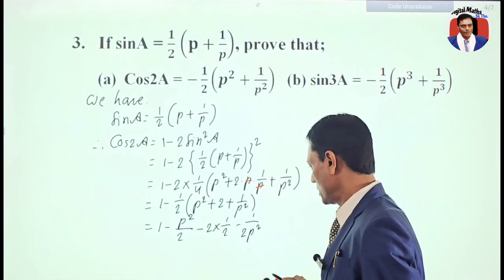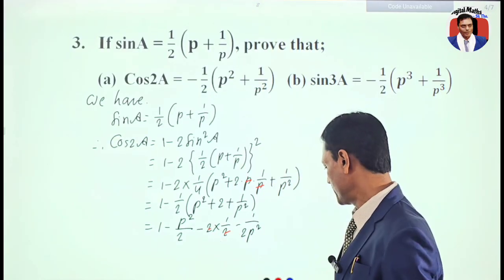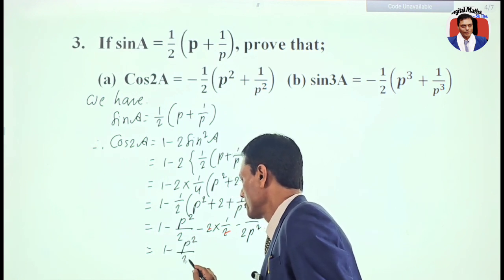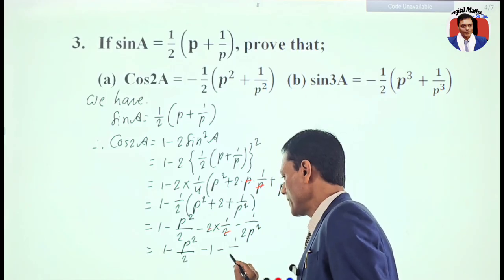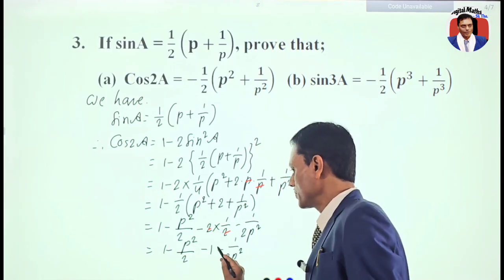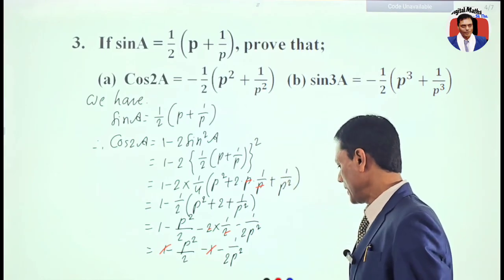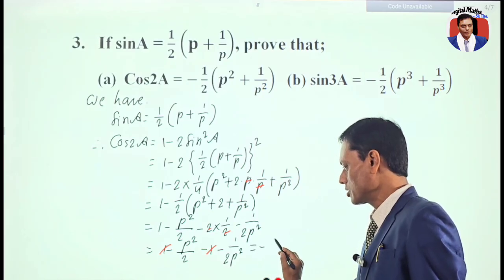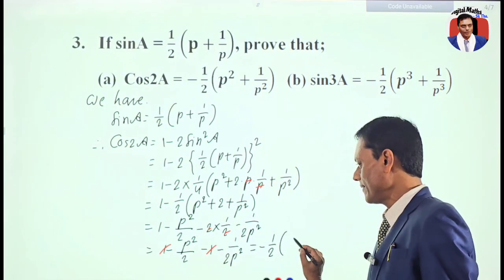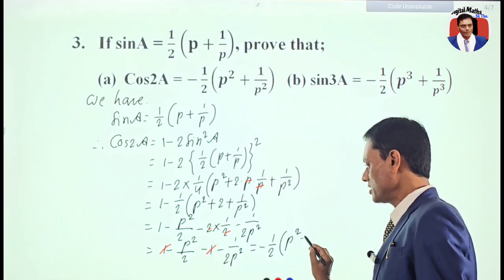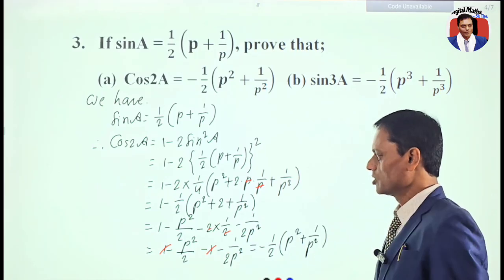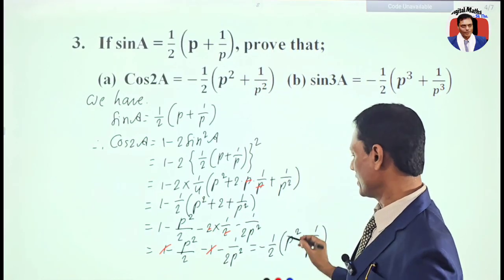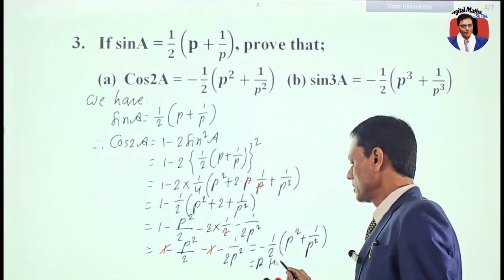And after that, this 2 and 2 also will be cancelled. Now another is that 1 minus p square by 2 minus 1 by 2p square, right? And this plus 1 and minus 1 again cancelled, and the remaining we have here minus p square by 2 and minus 1 by 2p square. So from these two I'm just going to take 1 by 2 common, and the remaining we will have here p square plus 1 by p square, isn't it? So that's the value of cos 2A, isn't it? And that much we have to prove, so we can write here at last is equal to right hand side, and that's proved,